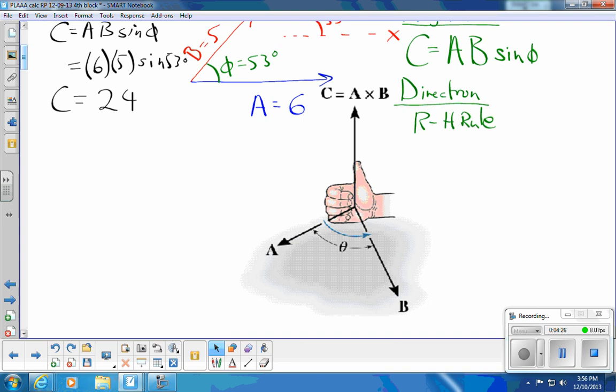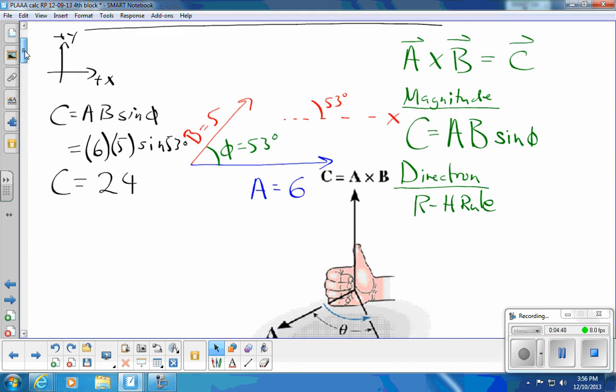We have to deal with 3 dimensions, and we have to deal with drawing 3 dimensions on a 2-dimensional board and on a 2-dimensional video, and so we have to try these 3-dimensional pictures. Because a very important point is that the direction of the cross product of these two vectors is perpendicular to the plane defined by vectors A and B. So in the case of our problem that we have here, the direction of the cross product will be either into or out of the chalkboard. It's perpendicular to the plane of the, I just called it a chalkboard, I'm so old. It is perpendicular to the plane of the board, of the screen,